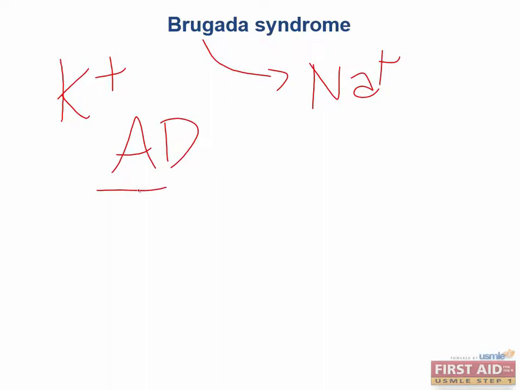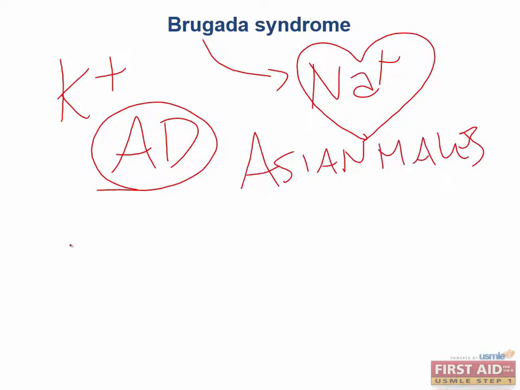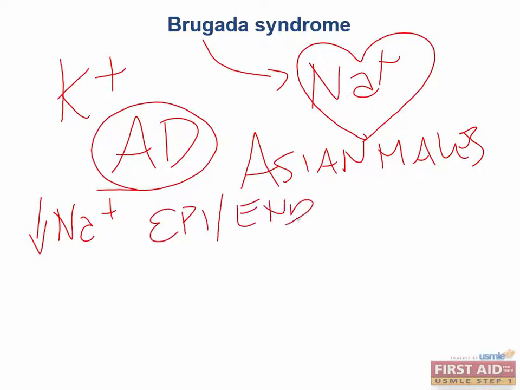Alright, now we go to Brugada syndrome. So Romano-Ward and Jervell-Lange-Nielsen were abnormalities in the potassium channels. Brugada syndrome is abnormalities in sodium channels. And this is an autosomal dominant inheritance pattern due to a mutation in the cardiac sodium channel, most commonly seen in Asian males. The mutation results in a decrease in the ability of cells to have sodium come inside of them. This is particularly affecting the epicardial and the endocardial cells, but not